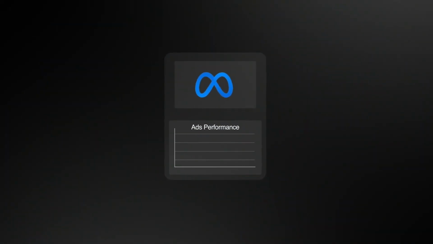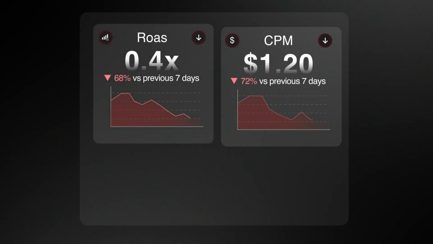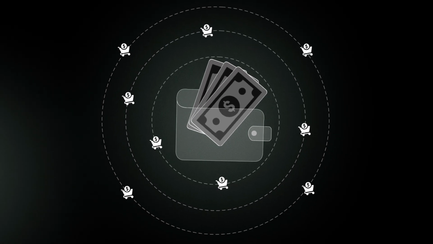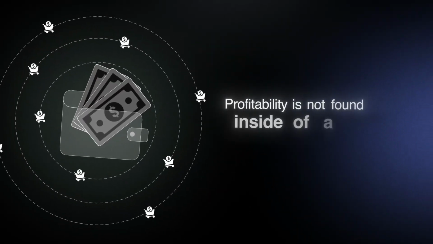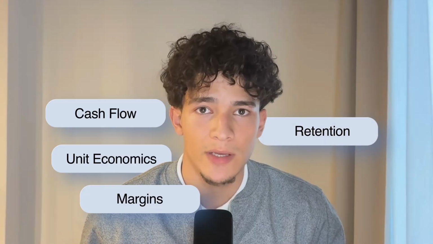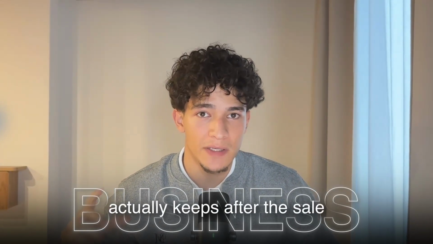Most e-com brands are looking at the completely wrong number and think profitability is mostly an ads problem. They look at ROAS, CPM, CAC and all these metrics, and then there's a small percentage of them that actually understand how cash moves inside of an e-commerce business, and that profitability is not found inside of a few metrics, but rather it comes from the full system, looking at the cash flow, unit economics, margins, retentions, product mix, and how much money the business actually keeps after the sale,